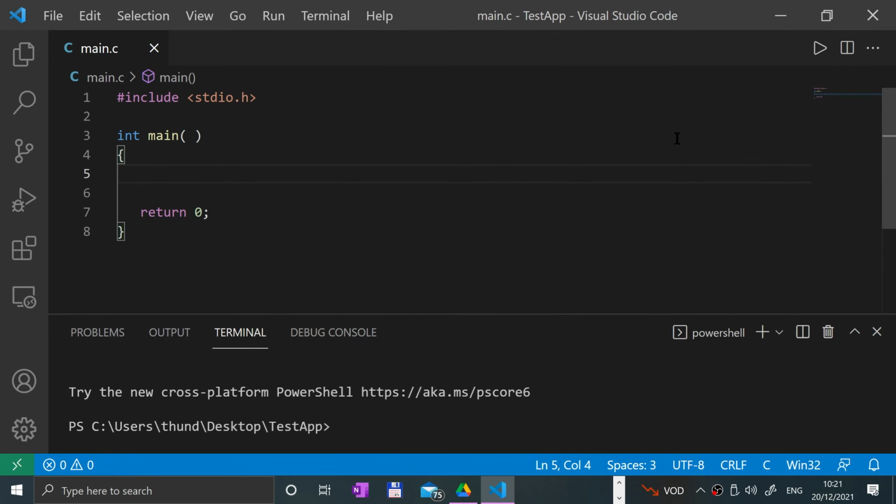Hello everyone, in this C programming video I am going to show you switch statements. If you've done if statements, if you haven't, highly recommend that you check out that video. If you've done that, you know you can check if a condition is true, then run a piece of code, and you can add an else if branch to check another condition is true if the first one has failed, and you can do multiple else ifs, and then finally do an else branch which just gets run if all